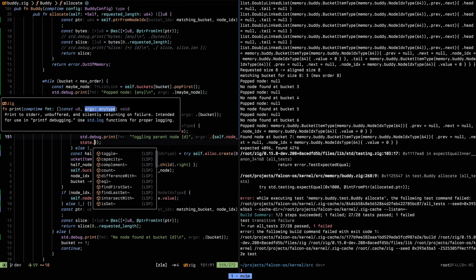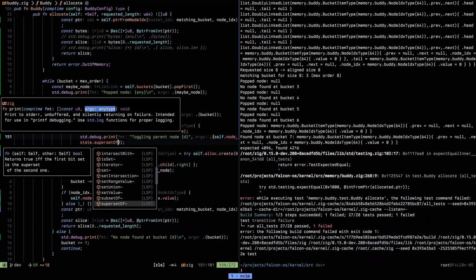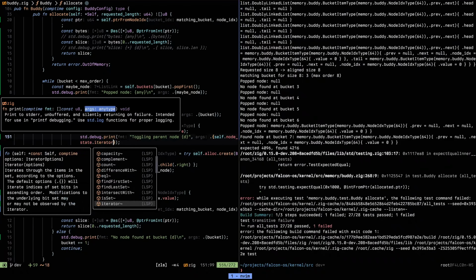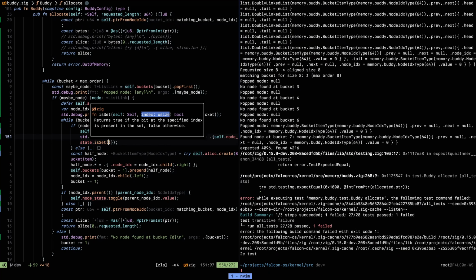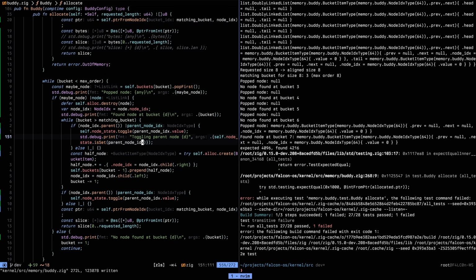Self.nodeState dot get. No, what's the is set, maybe, yeah. Is set parent node index. And probably do something like